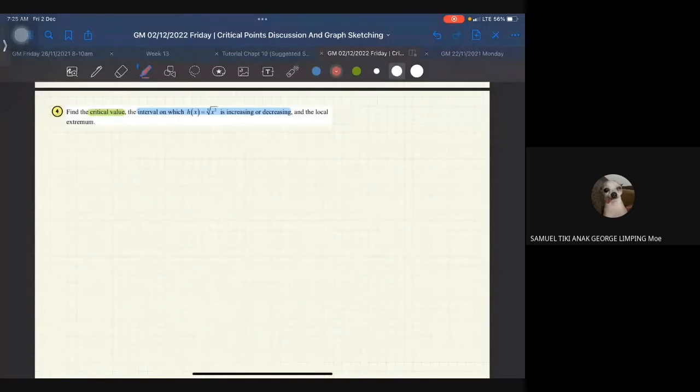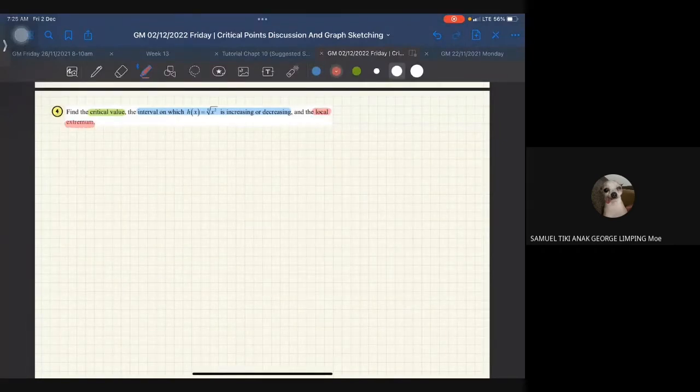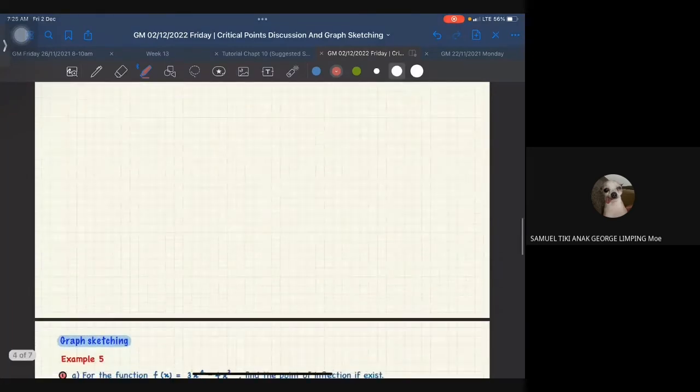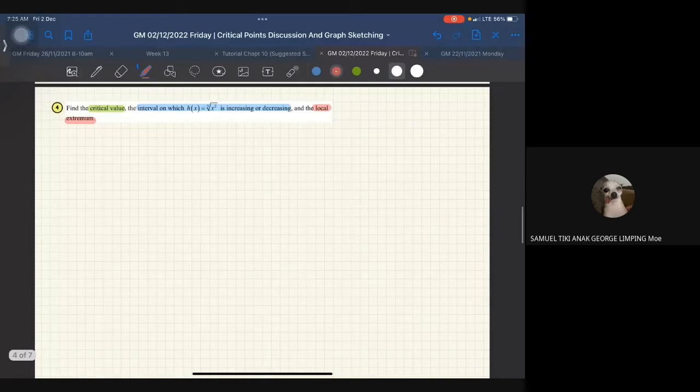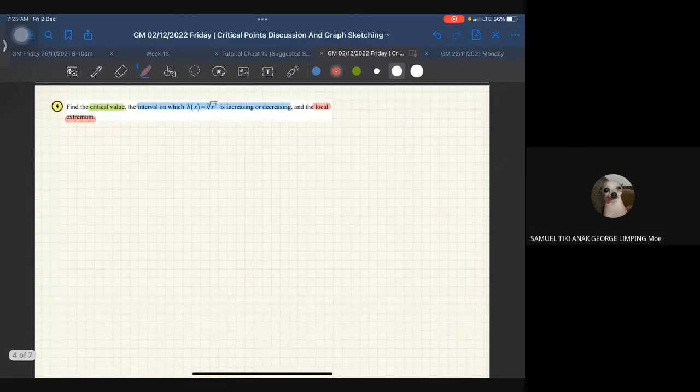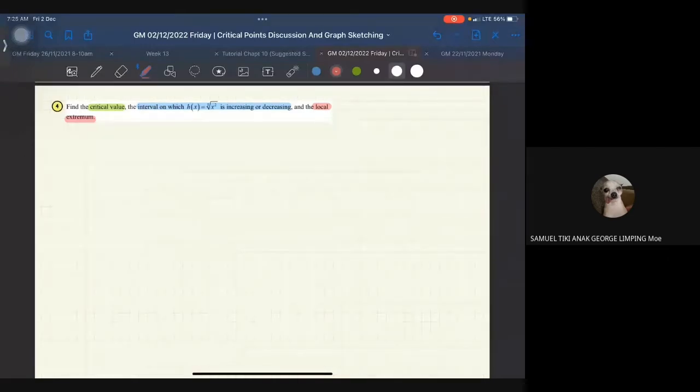Okay, and then lastly, you need to determine the local extremum. Yes, okay. So soalan mention perkataan local extremum. Maksudnya awak kena spesifik lah the point, the critical point, the critical value yang awak dapat tu, is it a maximum or is it a minimum? Okay, so settle dekat situ. Alright, so let's find the first one first. Kita nak cari critical value. So dalam finding critical value, first step mestilah mencari the first derivative. Okay, so finding first derivative, saya ada